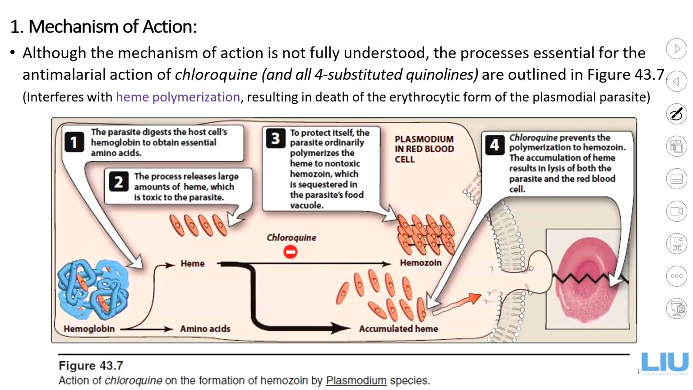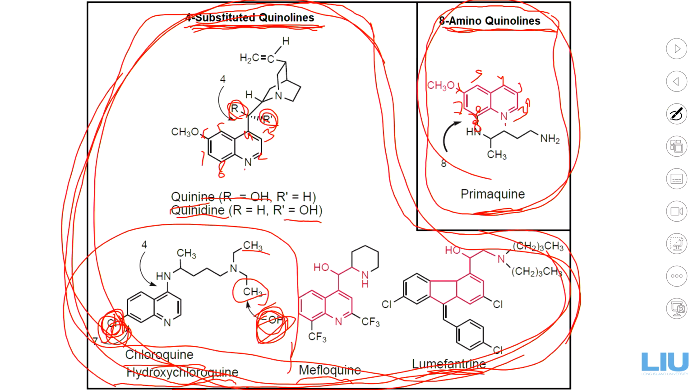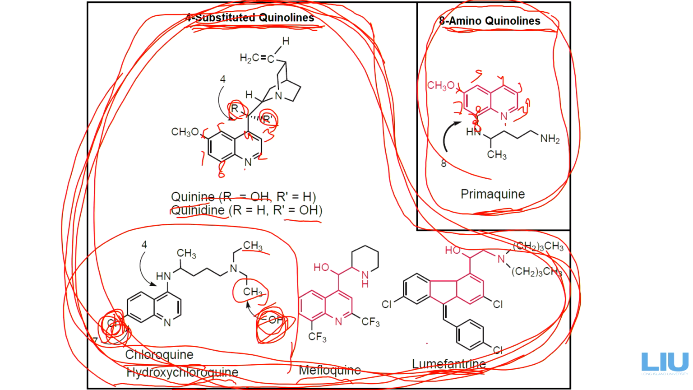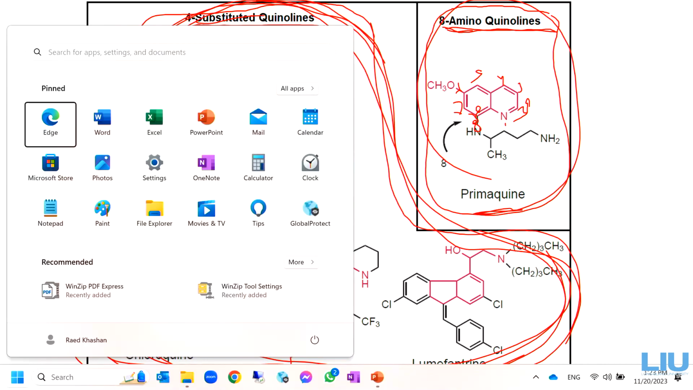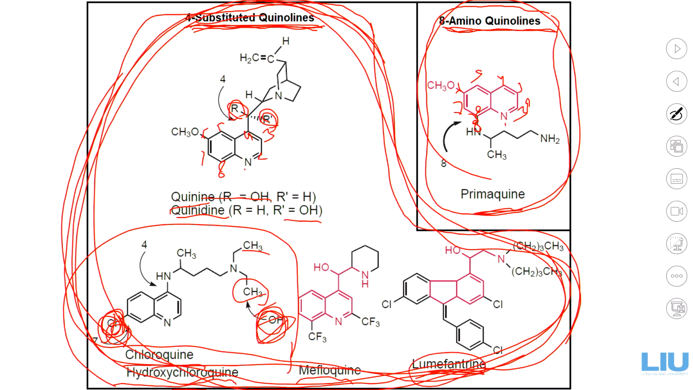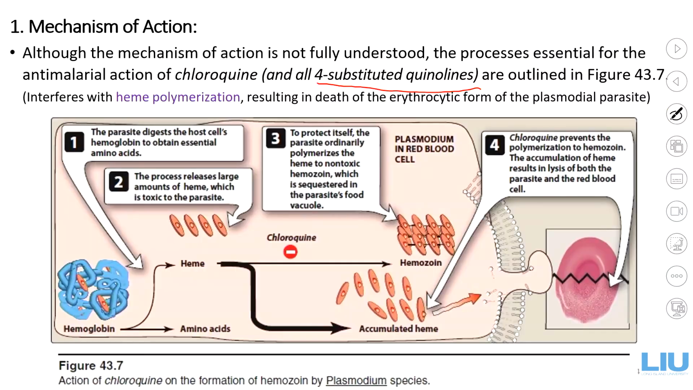All right. Okay, now let's talk about the mechanism of action of the chloroquine, but this applies not only to chloroquine, this applies to all the 4-substituted quinolines. Okay, so this is the mechanism of action for everything here: quinine, quinidine, chloroquine, hydroxychloroquine, mefloquine, and lumefantrine. I wonder why this has a different name. They should change it, make it something with quinine, to make it easier. Okay, so as far as mechanism of action,